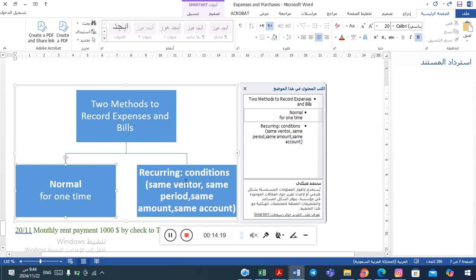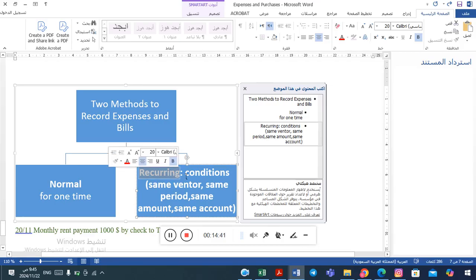But if this expense or purchase has contracts related to it, we have to record it by recurring